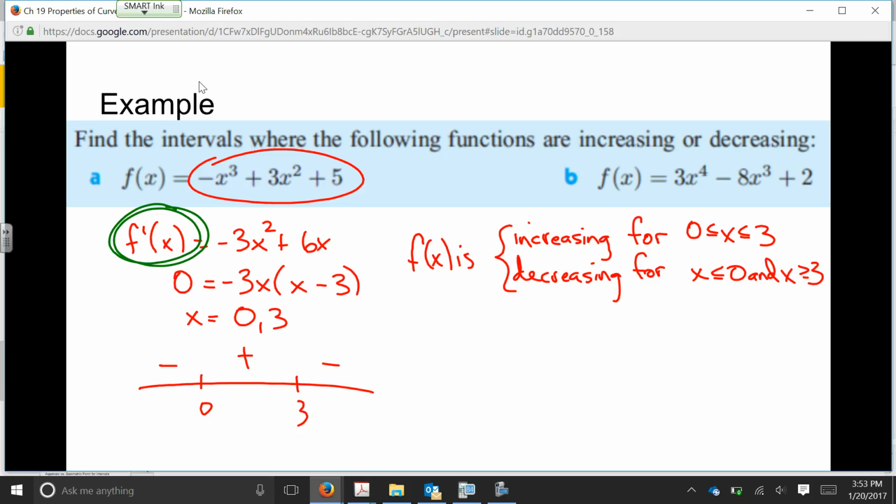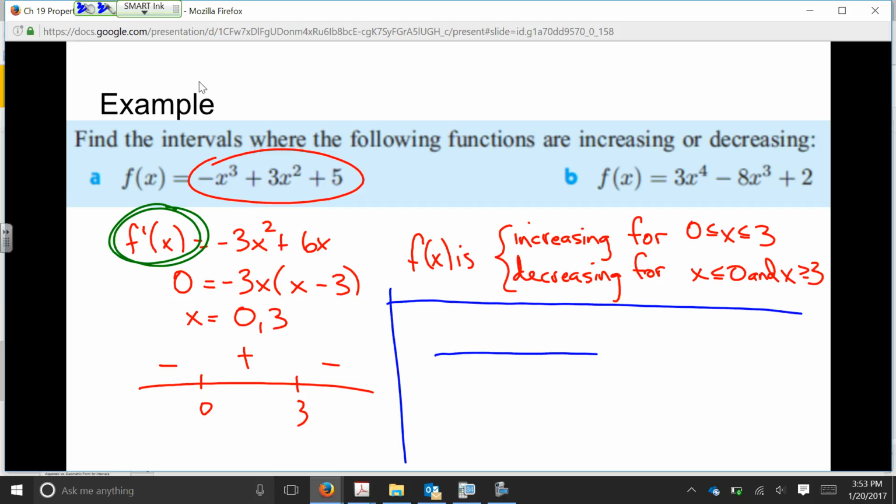Now, I'm not going to do example B fully, but I'm going to show you one thing that's going to happen sometimes. I'm just going to show you what the sign diagram looks like. There's 0 and 2, and we end up getting negative, negative, and positive. And that's going to happen sometimes. We'll get into why that is, what that means for what the function is doing in just a couple of sections. But for now, all you need to understand is that we say it's going to be increasing